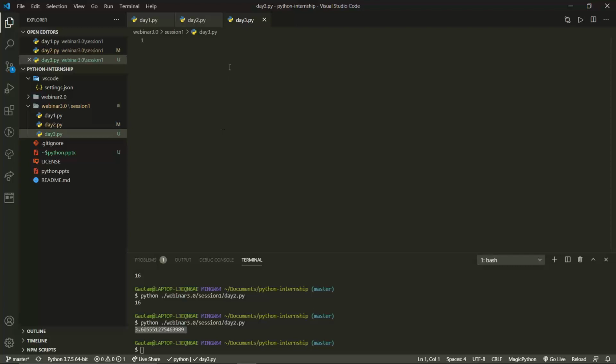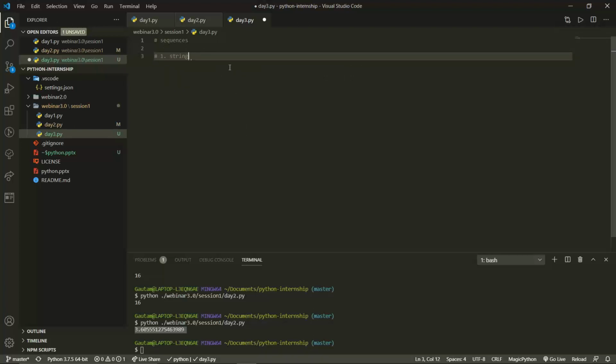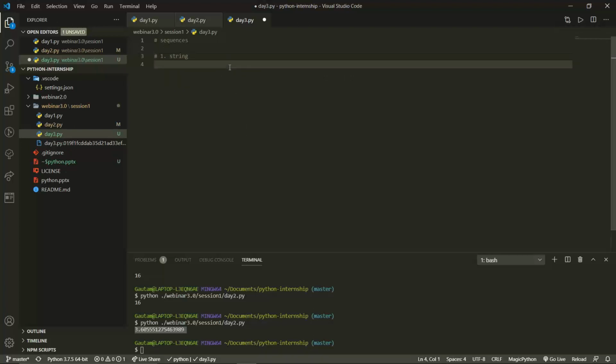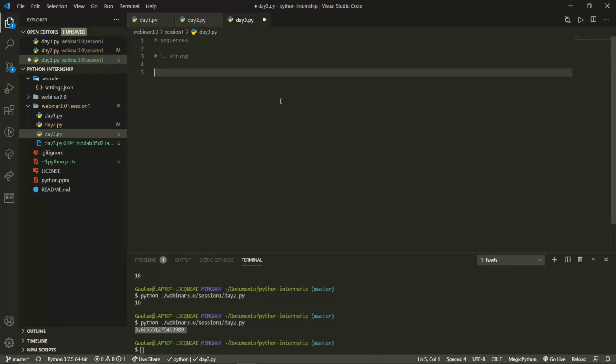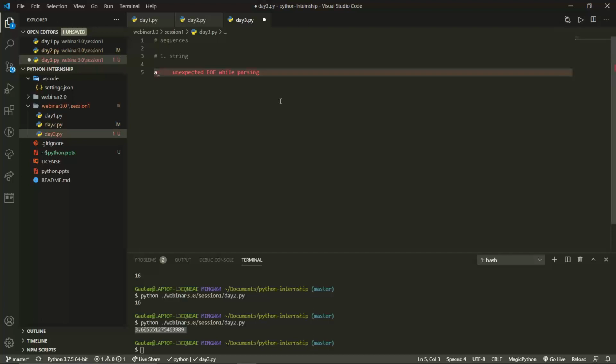Here we got day3.py, and inside that we'll start up with sequence, and the first sequence that we're gonna do is string. So over here, I will take a variable, for example, a, and I will just write down the string values,